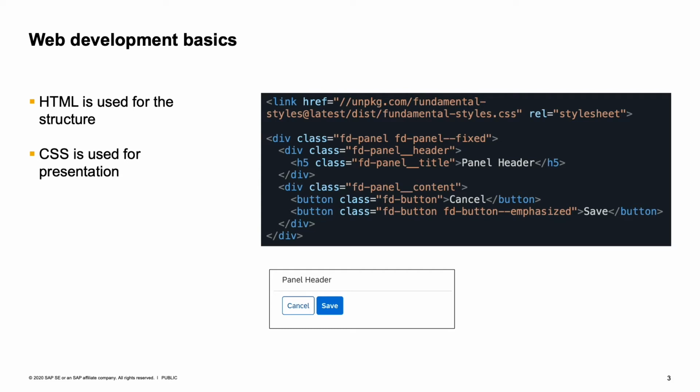When we add CSS to this layer now, so we just add a CSS library, we add classes to the DOM elements, we already see that this looks very much like an SAP Fiori UI. Even though we didn't change anything about the structure, we just annotated or added classes to our nodes. Then we could also add JavaScript for the behavior, as you probably know, to, for example, listen to button events or also when the panel is expanded or collapsed.